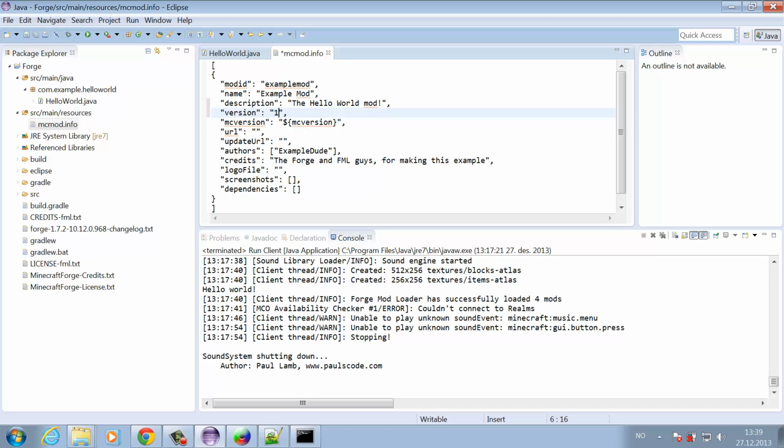version 1.0, Minecraft version 1.7.2. It's the URL of the GL. We don't really have any authors. I'll just list myself because I made this mod. Credits to the Forge FML guys for making this example, and Forge, of course. Thanks. And FML. Can't forget those guys. Save this thing and